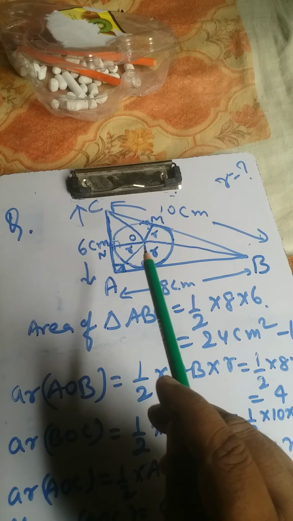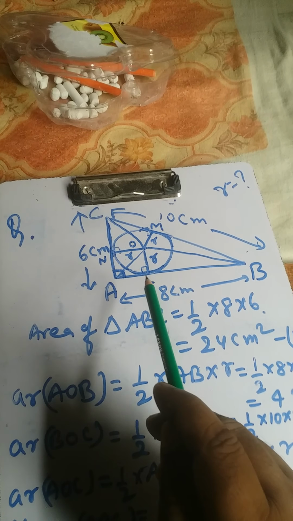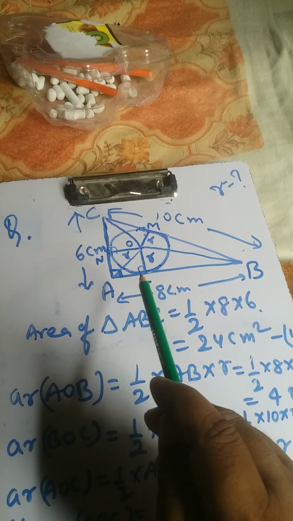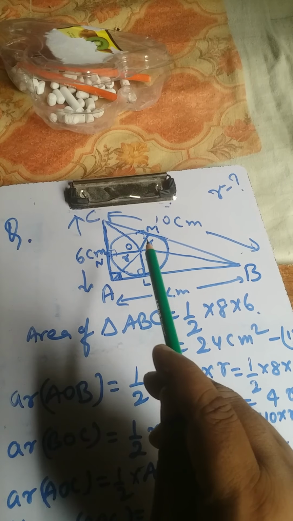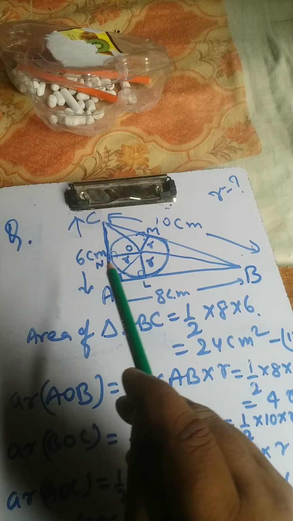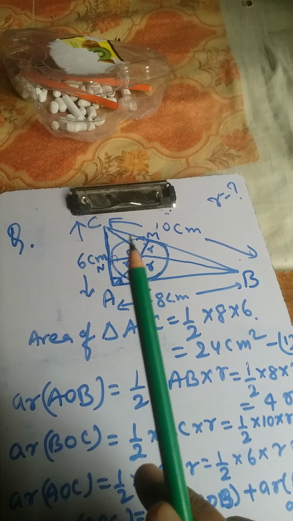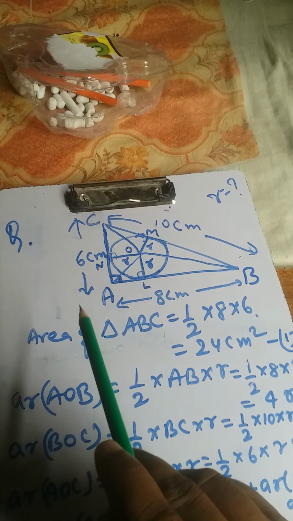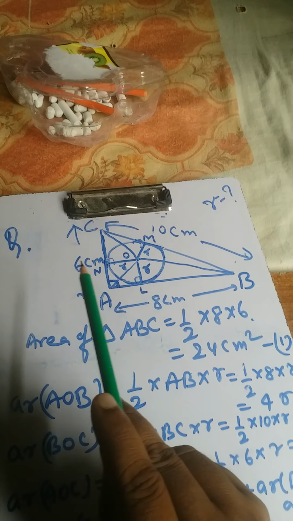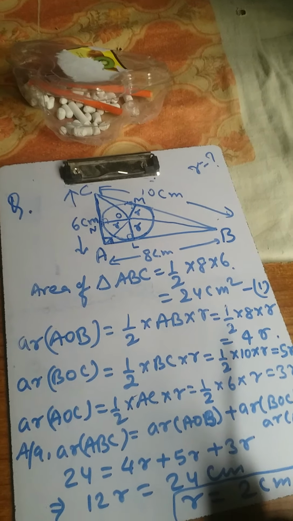In a circle we know that a line joining the center to the point of contact is at 90 degrees. That means tangent and radius angle is 90 degrees. This is another tangent, and here r is the radius, here also 90 degrees. Here CA is a tangent and the radius is also at 90 degrees. So this r I have to find. AB length is 8, AC length is 6. So use Pythagoras with AB and AC to find BC. So BC will be 10.